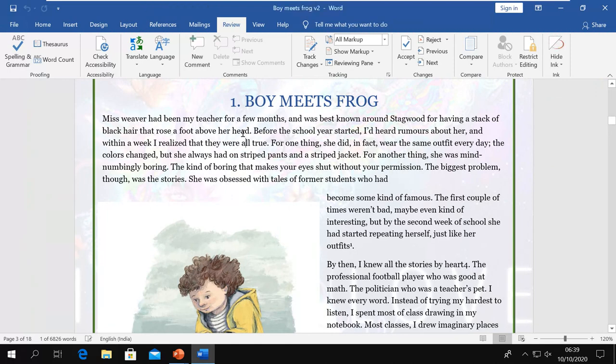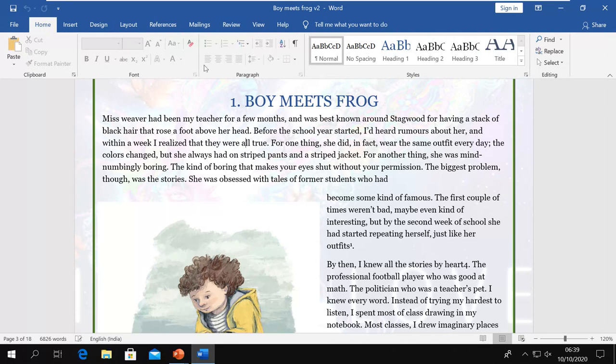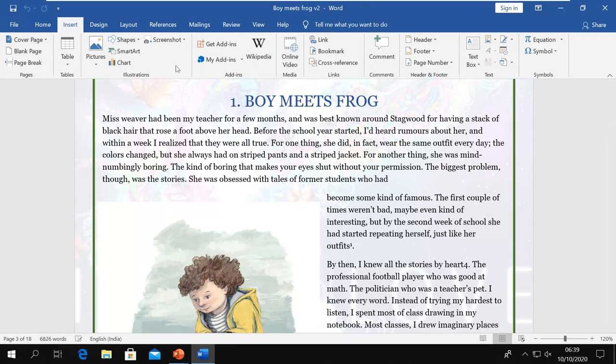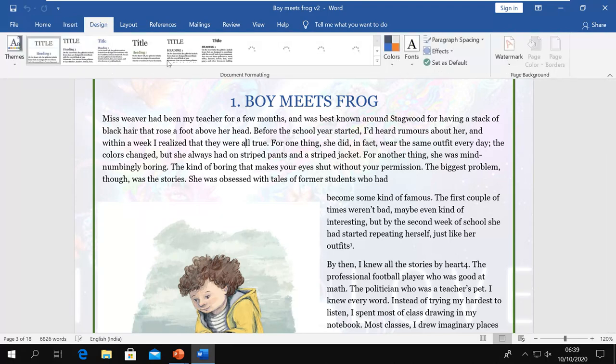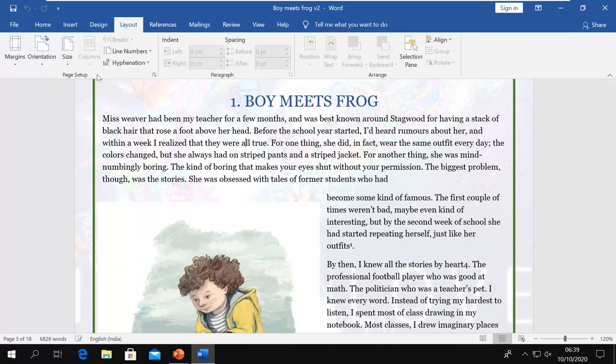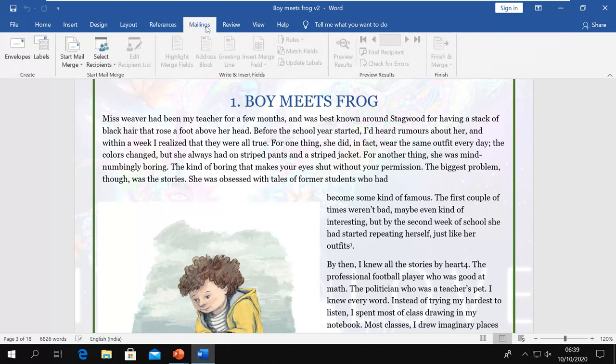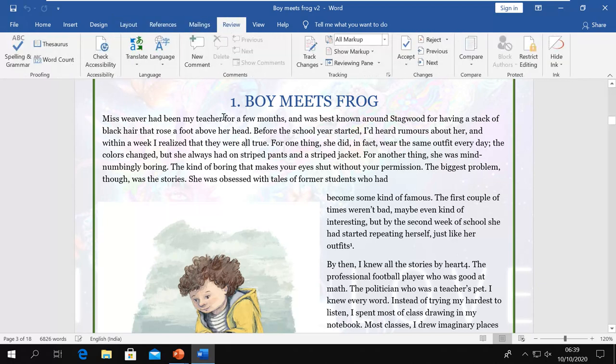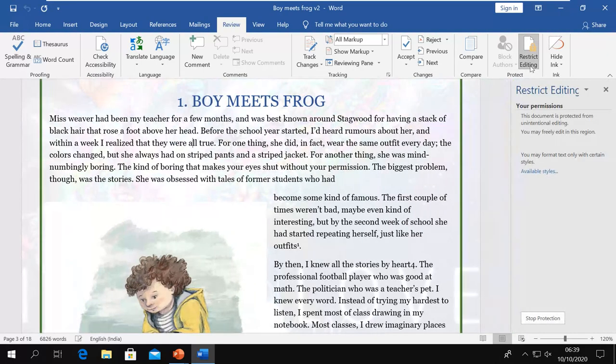Now it is showing what I can do here. So I can add comments. I can do spelling checks. But when I go to the home, I cannot do this. I cannot use this. I can use these tools. These are predefined settings I can use, but page color, border I can't use. So it will restrict formatting of your document. Now if you again click on the command, it will open again.